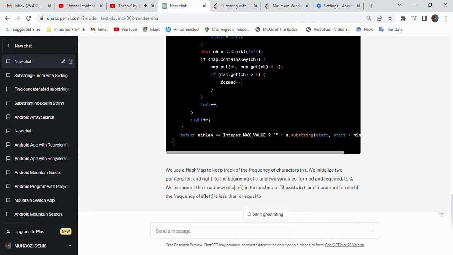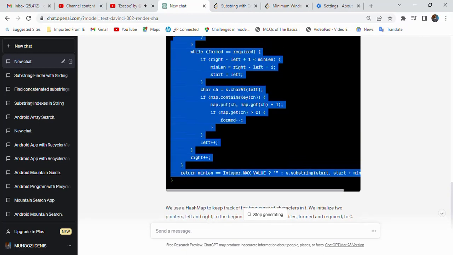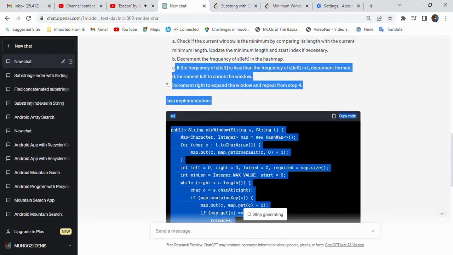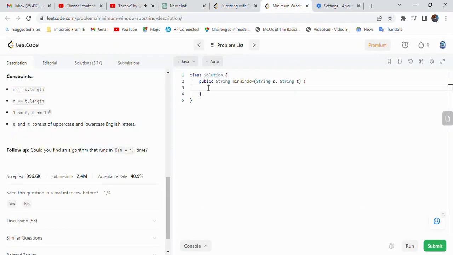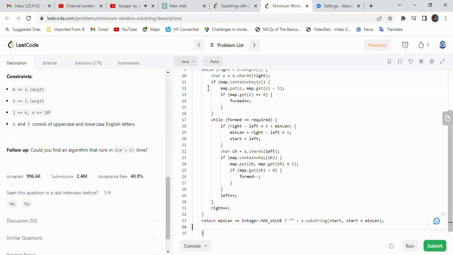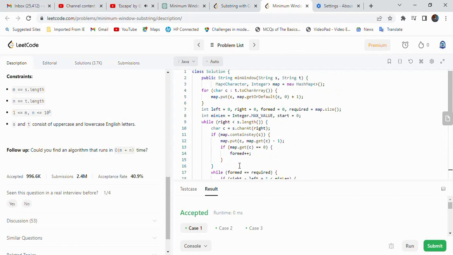So what I'm going to do is copy from here and paste it in LeetCode and try to run. Pending, judging, exactly. So my code is right,